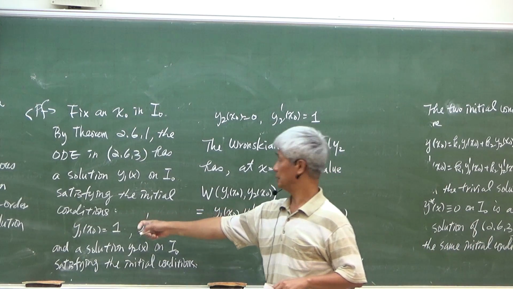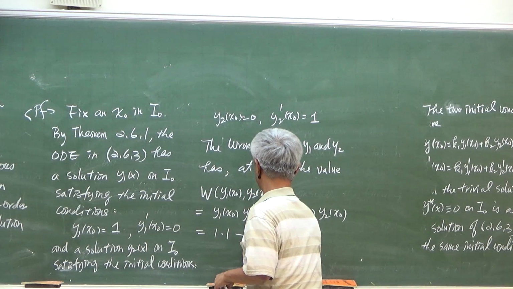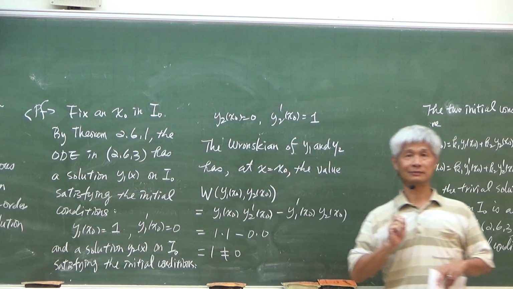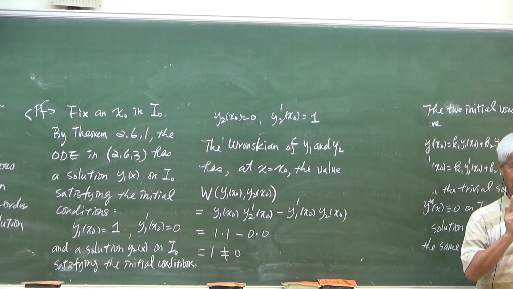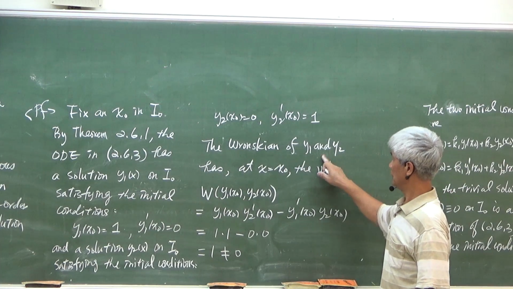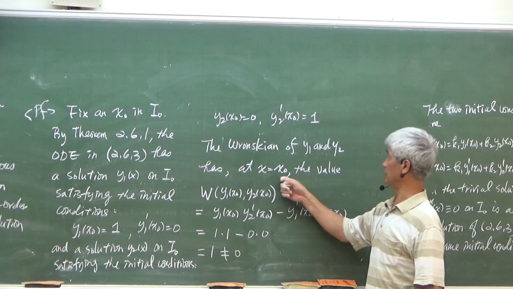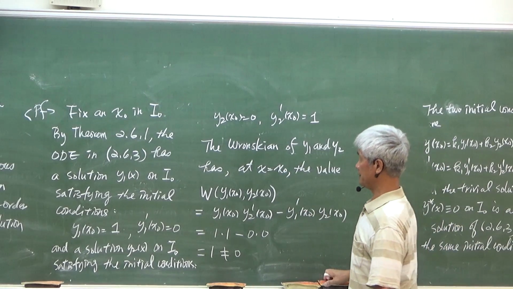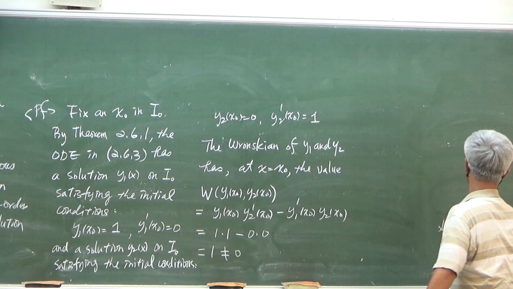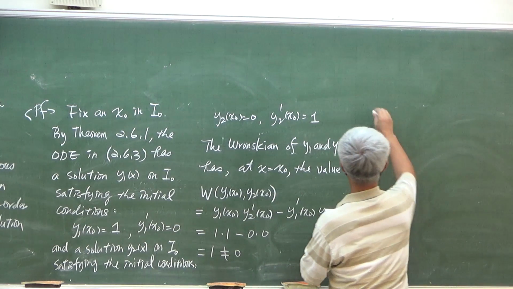By our setting, this is 1 times 1 minus 0 times 0, so it's equal to 1, which is not equal to 0. Now, the Wronskian of y1 and y2 has a non-zero value at a certain point. Alright? So, by